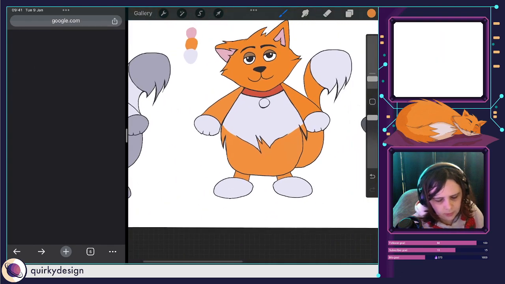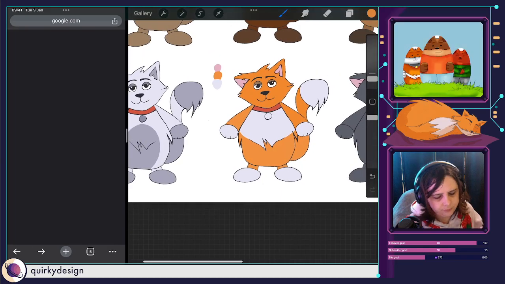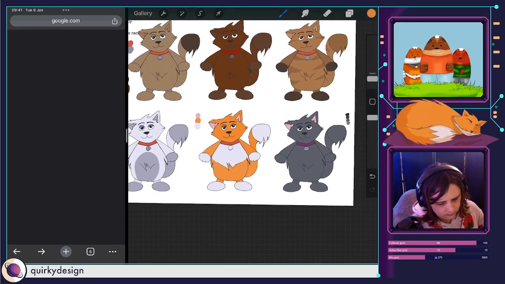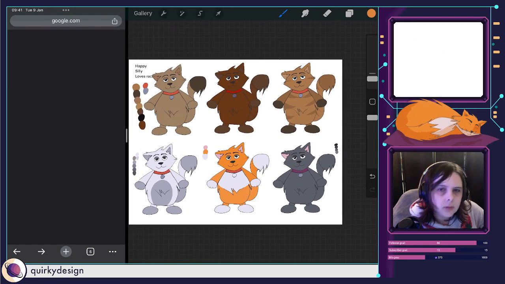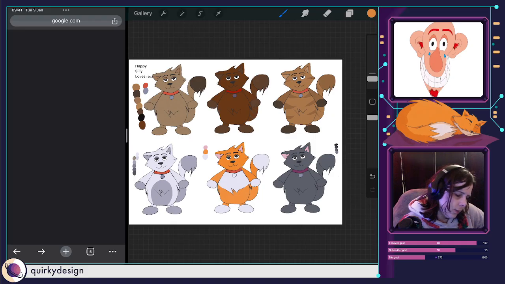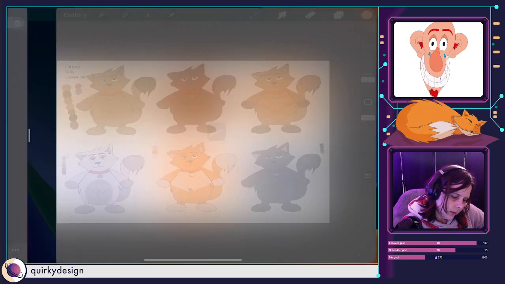That's better. Kind of works a little bit better doing it that way. It's funny how much an image just kind of pops when you put the right colour in.